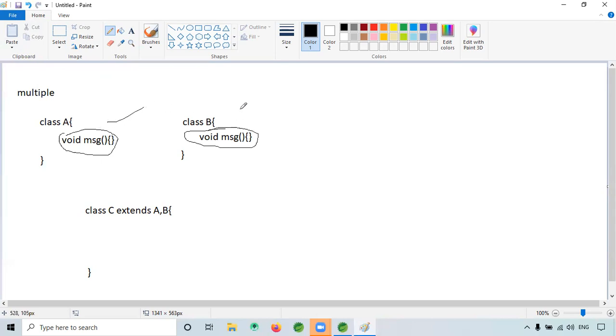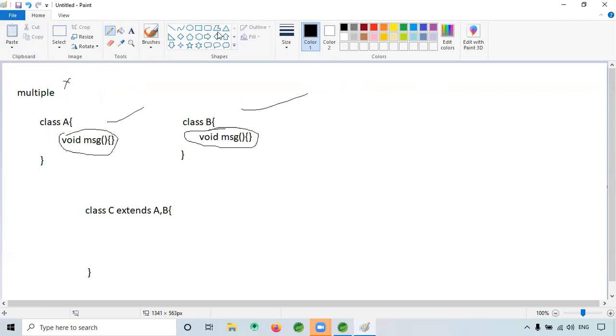Which method will get called? There is confusion for the compiler: can I call A's message or B's message? So there is an ambiguity, and the compiler gets confused. Because of that, multiple inheritance is not possible in Java.